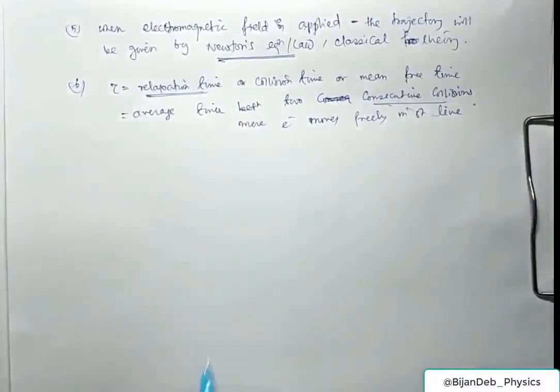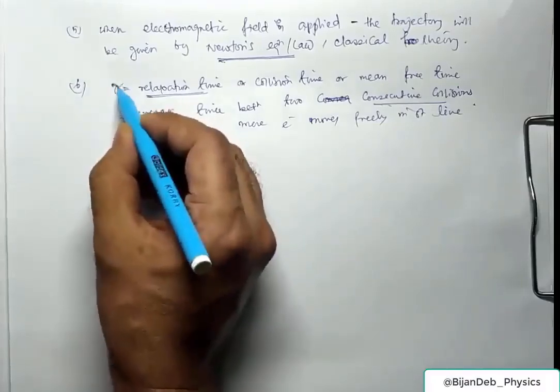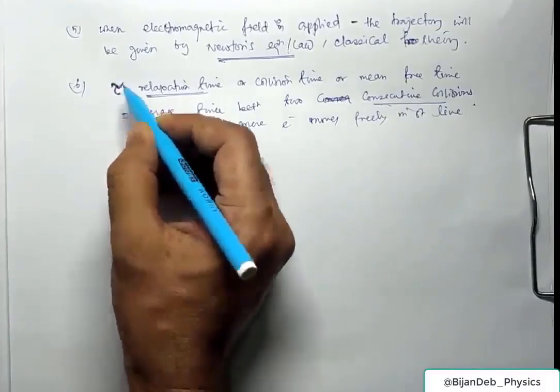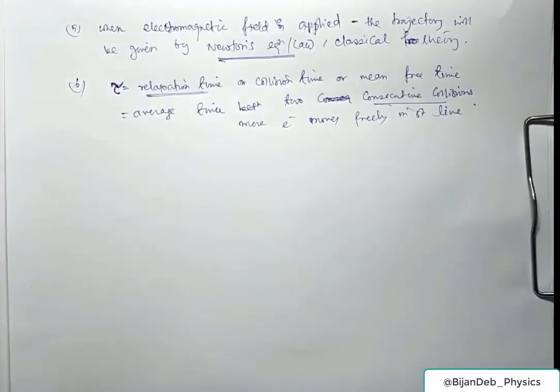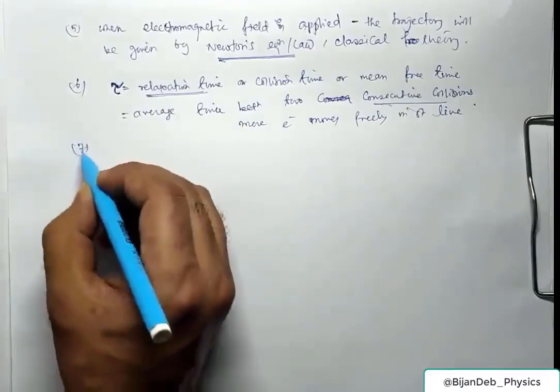So okay, the path in between two collisions will be different, the time will be different, but on average we will find the average value, that is the relaxation time. So relaxation is a time. What is the time? Time of free travel between two collisions. It is an average value. Okay. Next,